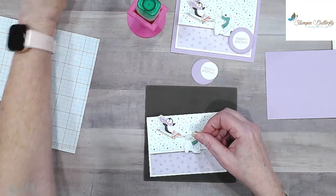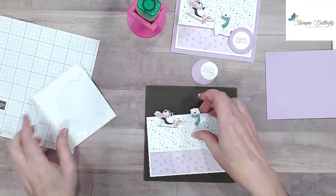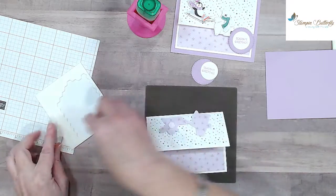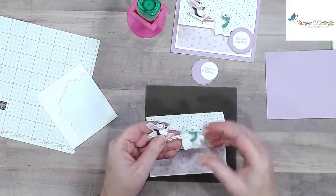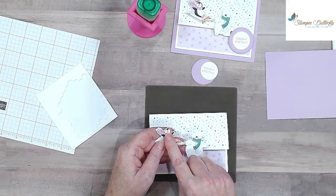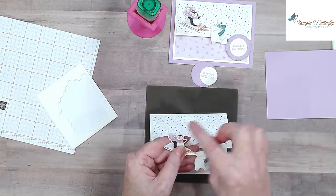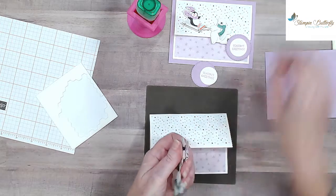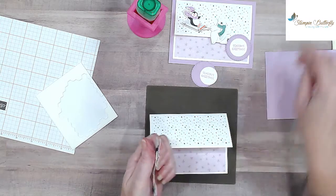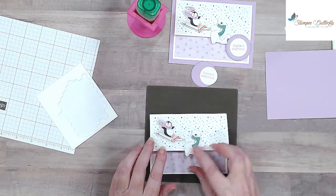Dimensionals, where did I put you? There you are. Okay. So you'll see when I cut this one out, poor Mr. Penguin, he has no hat on in this one, but this card he does because his hat got chopped off. But he still has a little pokey hair, so he's cute. He's just not wearing his hat on this card. So we'll put him at an angle. So he's coming down the